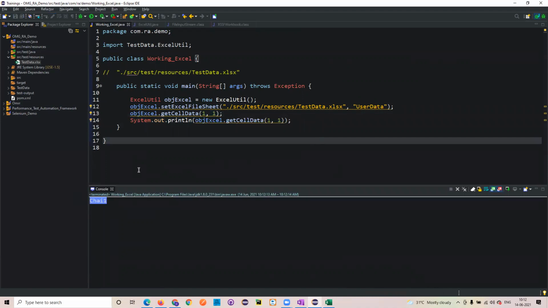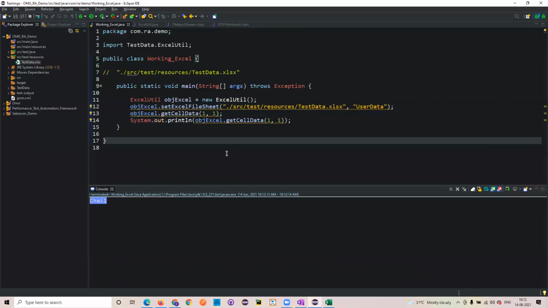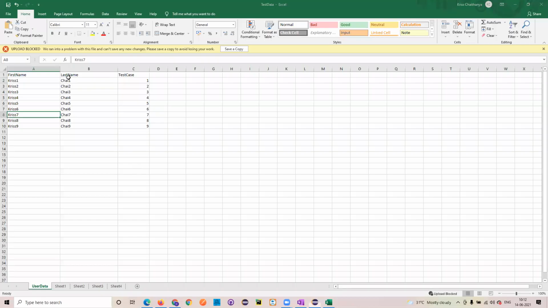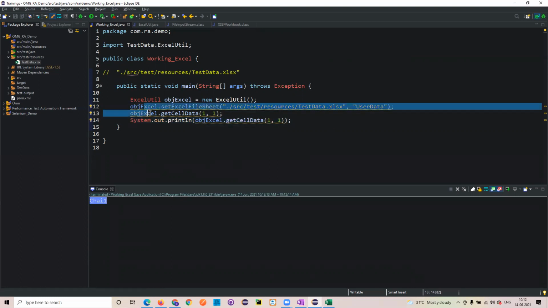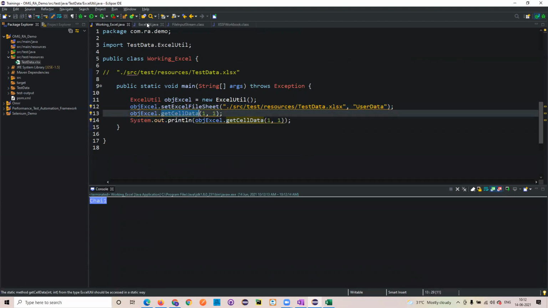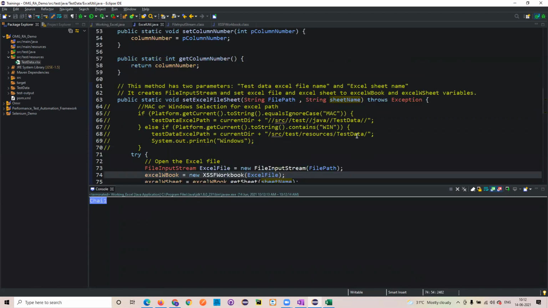That's it. Now, if I wanted to print all these things, what do I need to do? I just passed this particular value, and I wanted to print this. If I wanted to print all these values, what do I need to do? Loop. That's it. Just write a for loop, and this is the ith value, and this is the jth value. Iterate it and then print it. Simple. See how simple this is. Now we have set an Excel book, get cell data, set cell data, whatever methods you wanted to use, you see it here. All things are available here.